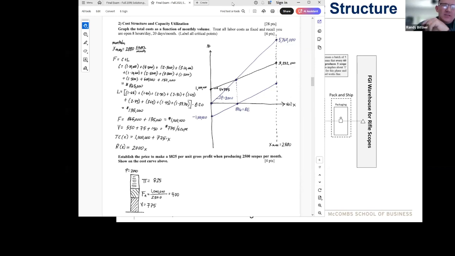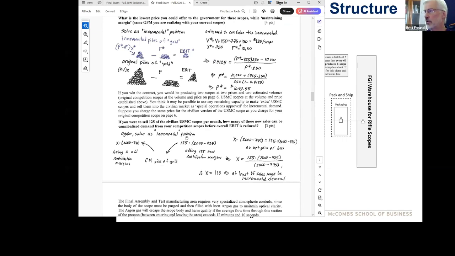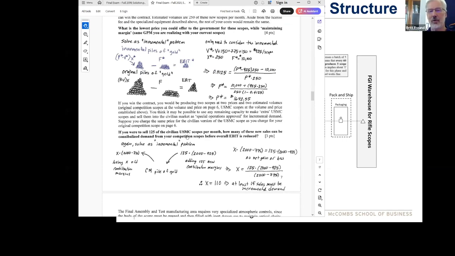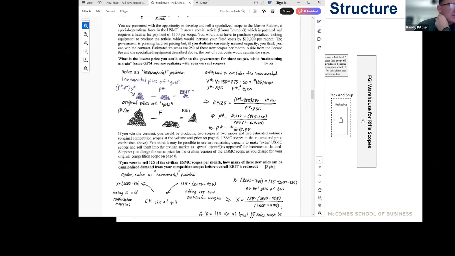Just real quick, you kind of scanned down on the solutions. What are you tracking to be the last question for the homework? The last question for the homework is this cannibalization question. Did I not ask that? Maybe I was really nice to you and didn't even ask that question on the homework. The last question is, what is the lowest price for the marine scopes? Oh man, that was way too nice to you. Okay, well then fine. We're going to go over this one anyway. But now you won't have had to try that before we've had a chance to go over it. So okay, cool.